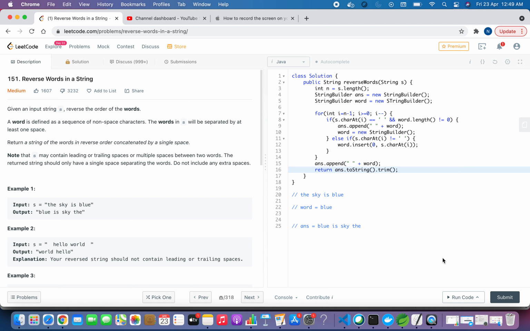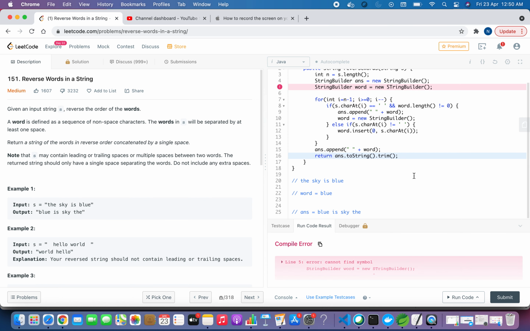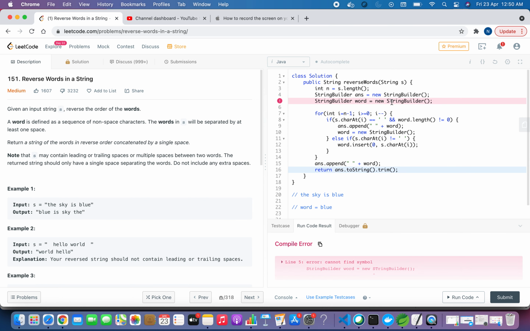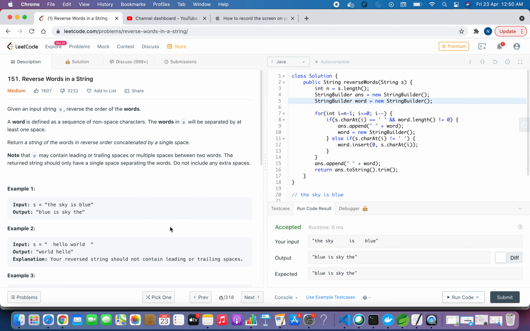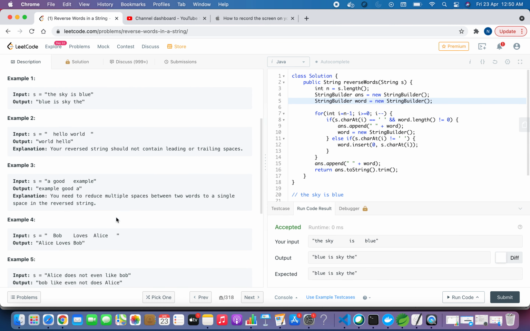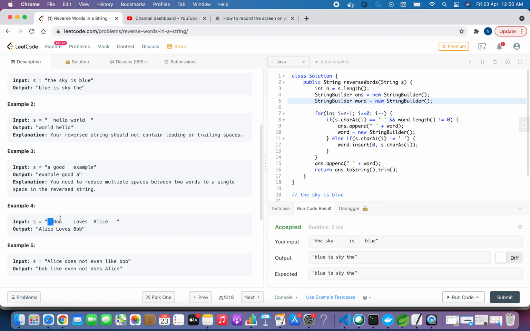Okay, let's try to run this code. Let's see if it works. Okay, there is a spelling mistake, StringBuilder. Okay, it is getting accepted. Let's try a different example.